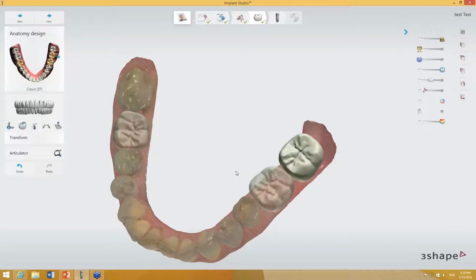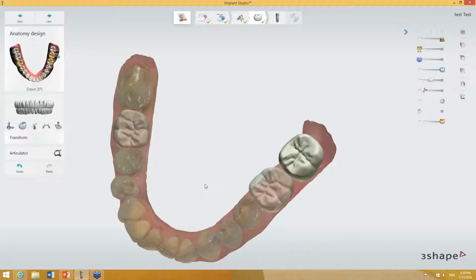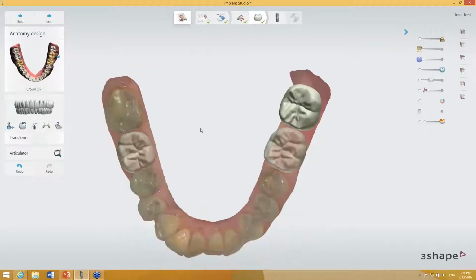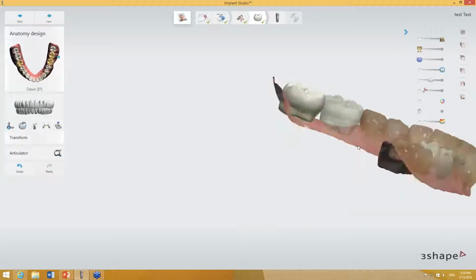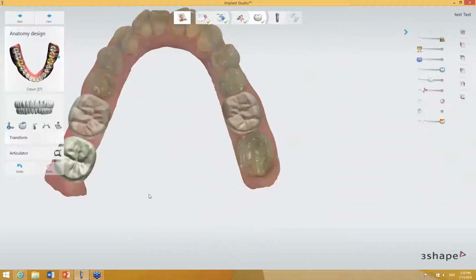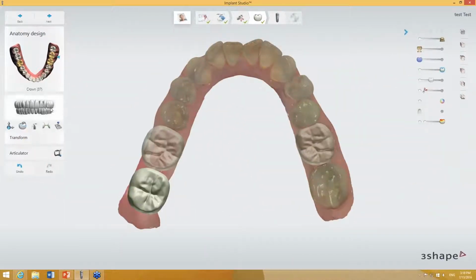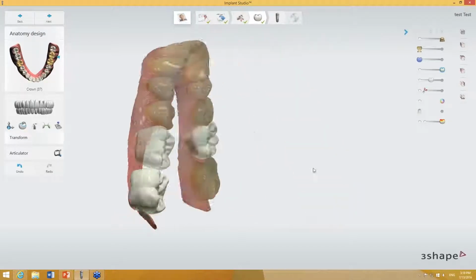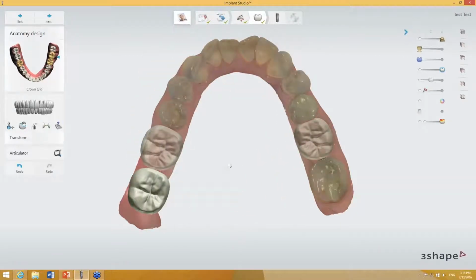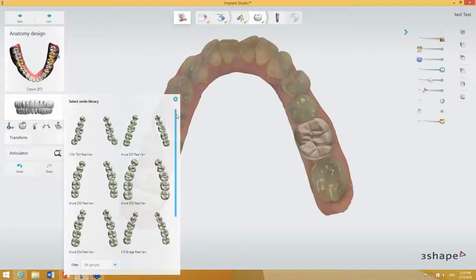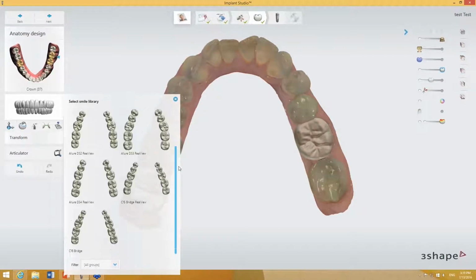So let's dive a little bit deeper into the functionalities. What is possible? What kind of tools do we have available? These tooth shapes that you can see in here, this is the anatomy that was last used during the planning, during the anatomy design. And you can, of course, change them. If you think that these anatomies are not satisfying you, you can find a better one. Then it's very easy. Click on Choose Smile Libraries on this tooth preview on the left-hand side, and you have access to different types of libraries,